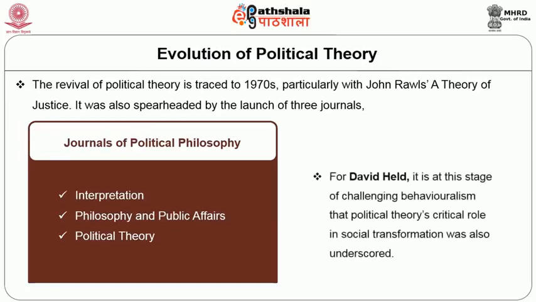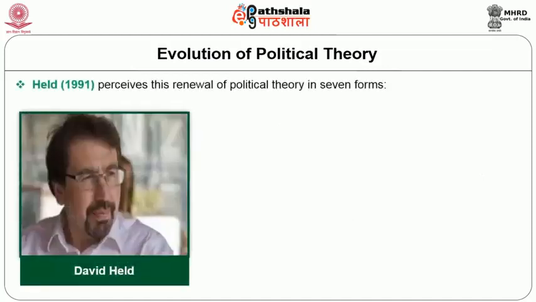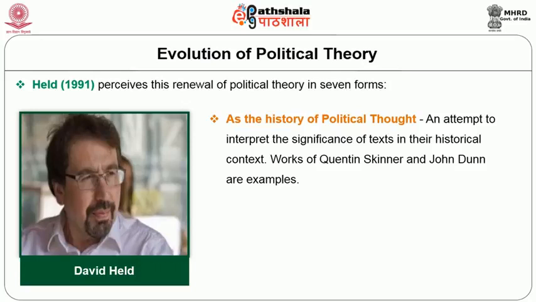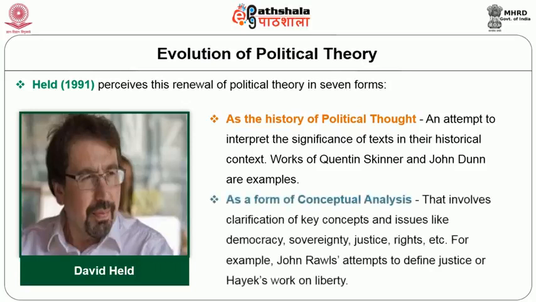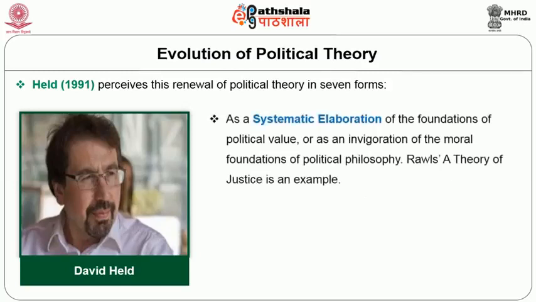For David Held, it is at this stage of challenging behavioralism that political theory's critical role in social transformation was also underscored. He perceives this renewal of political theory in seven forms: as the history of political thought, for example, the works of Quentin Skinner and John Dunn; as a form of conceptual analysis involving clarification of key concepts and issues like democracy, sovereignty, justice, involving works of Rawls and Hayek; as a systematic elaboration of the foundation of political value,